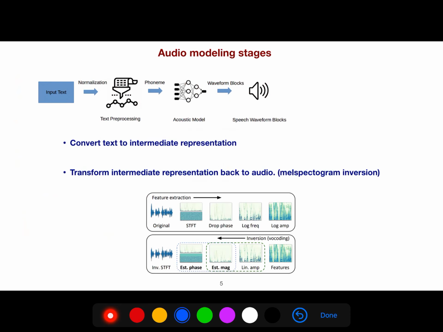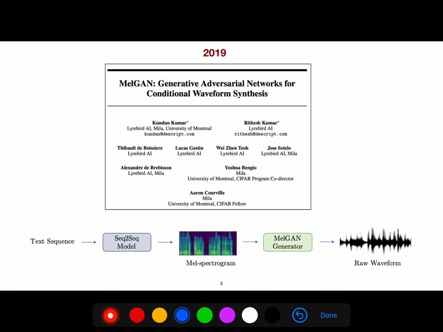So let's come back and see. There are some algorithms that transform from text to Mel spectrogram, because we have a sequence here, and a sequence here. That's why this part should be a recurrent neural network, LSTM, transformer, and those things. And from Mel spectrogram to the actual raw waveform, we could use different algorithms for different purposes. If we combine these two sets of algorithms, we can come up with text-to-speech synthesis.